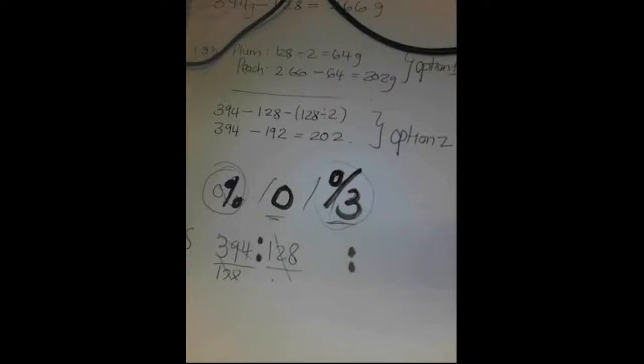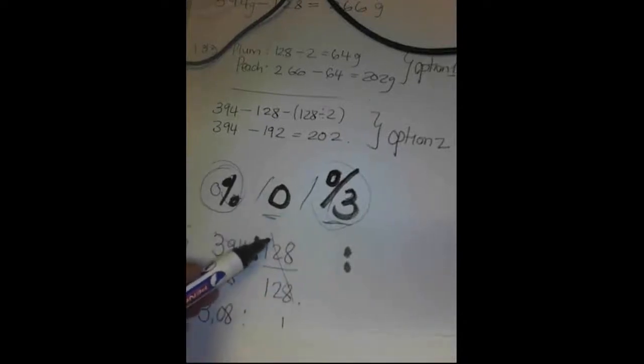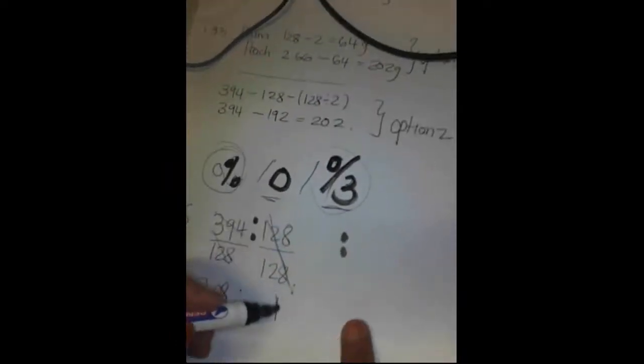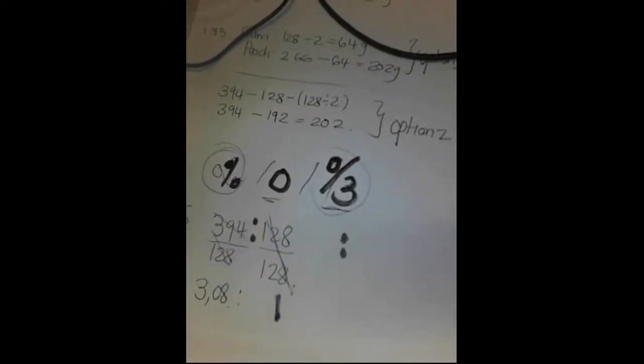In this case, we simplify by dividing 128 by itself. 128 divided by 128 gives you a value of 1 in the simplest form. So, I balance my sum. What I do on my right hand side, I also do on my left hand side. So 394 divided by 128 will give me